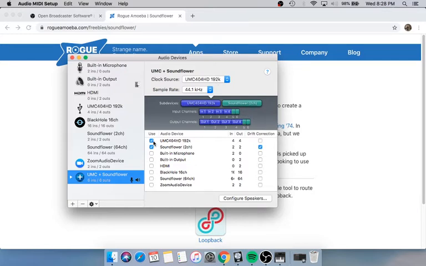You're going to select UMC 404, or whatever audio interface you are using, and Soundflower 2ch, like I've done. The moment I click on UMC 404, that is my interface, you see these 4 channels in blue or purple. These appear because my audio interface has 4 ins and 4 outs.